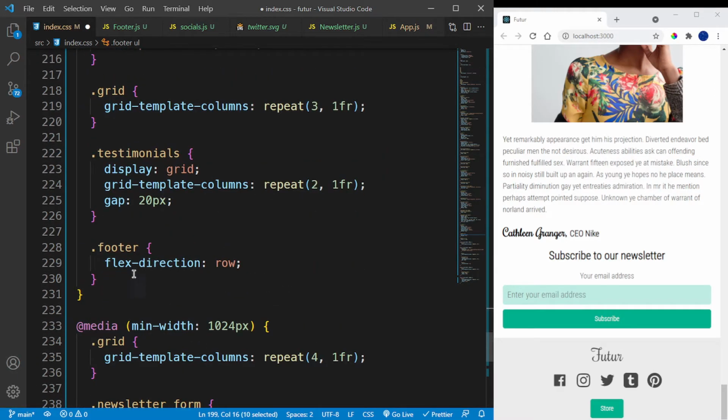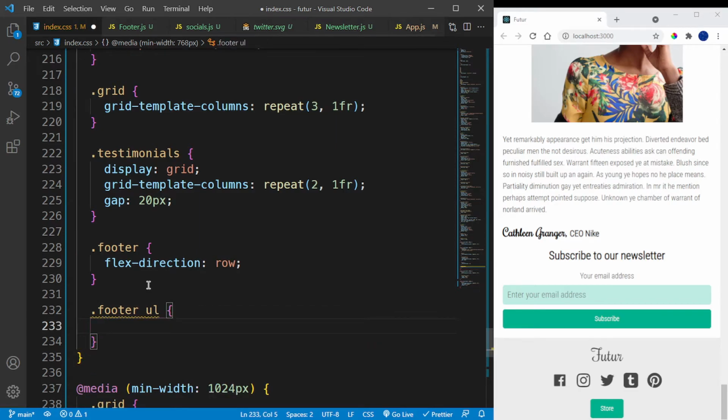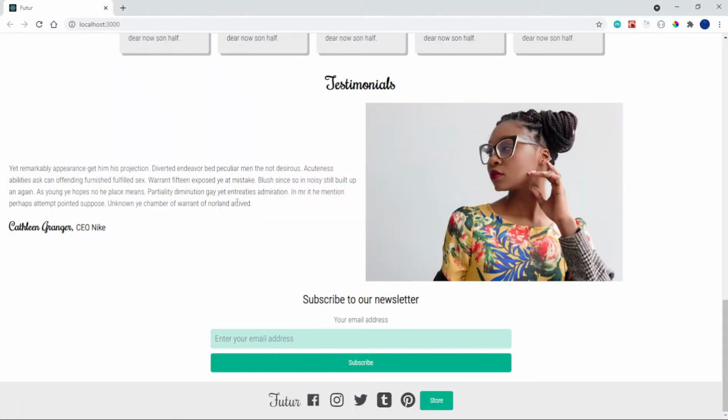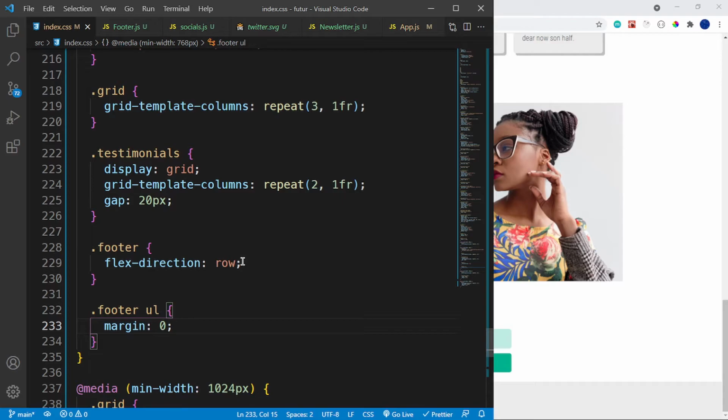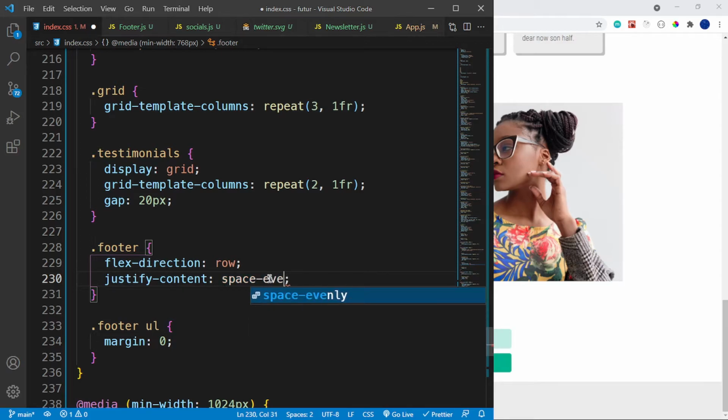So for the footer ul, I want to say reset the margin to 0. Okay, now let's see, let me make this bigger, and look at this. Would you look at this? So we have our footer at the bottom, very simple, and this is not what I wanted actually. Instead of having this to flex direction row, let me also add something else called justify content to space evenly